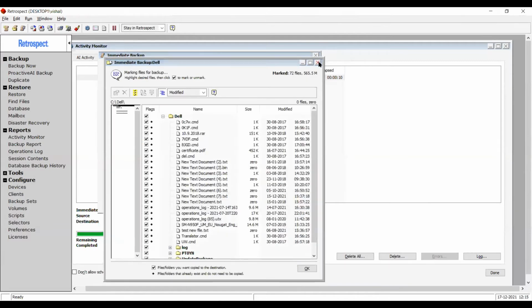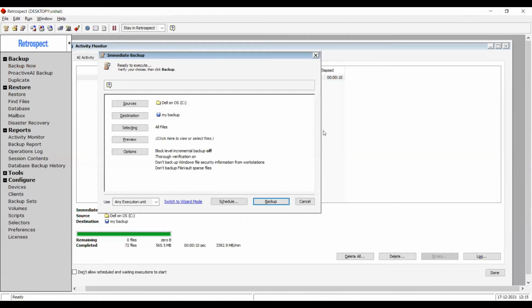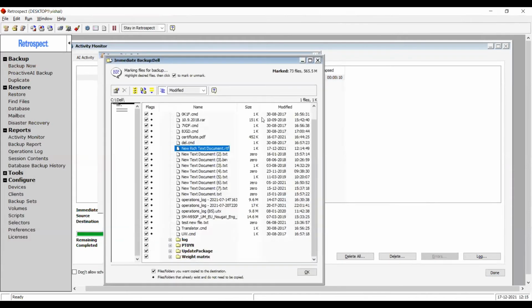Oh no. Okay, let me just cancel that and visit that, because it remembers the previously scanned settings. Now it will rescan and we will see the new result. So now you can see that there is only one file selected, even though all the files are marked. It will not be backing up all the files. Earlier there were 72 files, now there are 73 files, and this is the new file that was added.